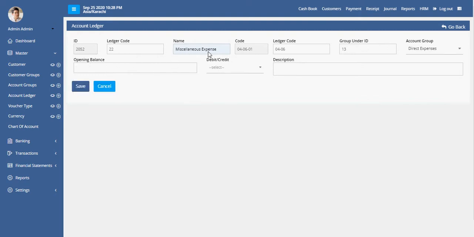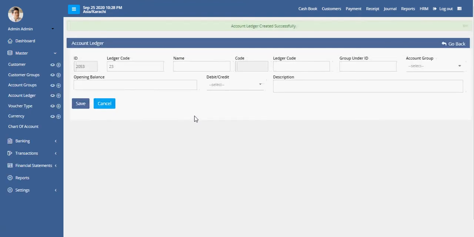For example, if we are defining the bank account, from here we will choose the bank account, then let's say we have this amount in bank account, so it will be debit, and we will save it. So this will create a bank account with this amount of opening balance, and when we make some payments or receive some payments against that account ledger, it will maintain the balance.